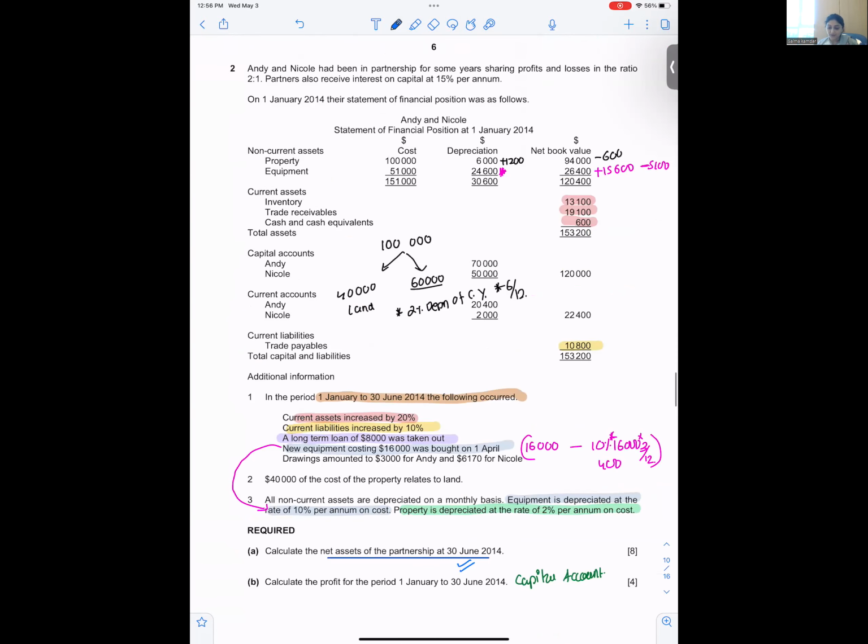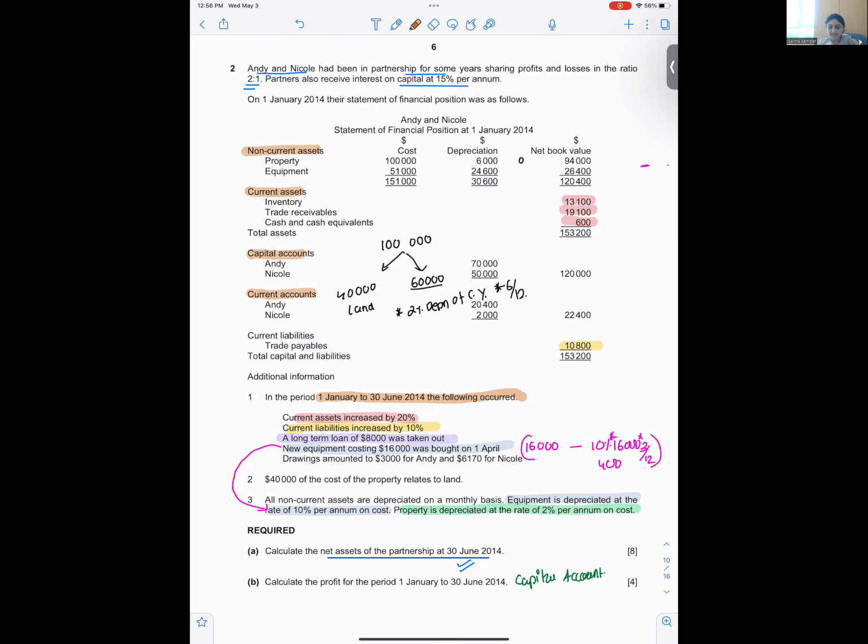So when I talk about the net assets of my partnership, let's read. Andy and Nicole had been in partnership for some years. They share profits and losses in the ratio of 2:1. Interest on capital is 15% per annum. I have been given the non-current assets, current assets. Apart from that, I have been given the capital account of the partners, current account of the